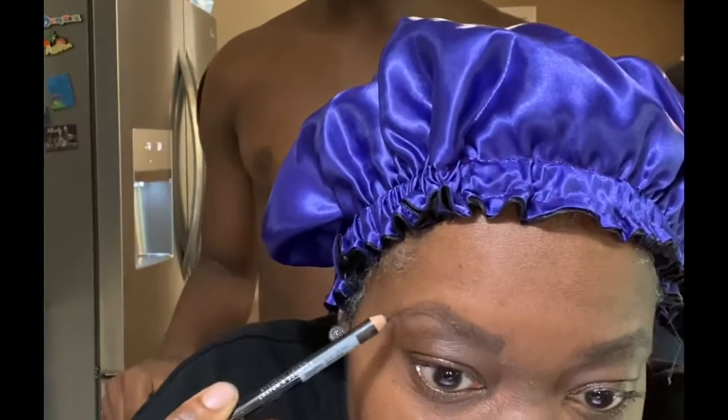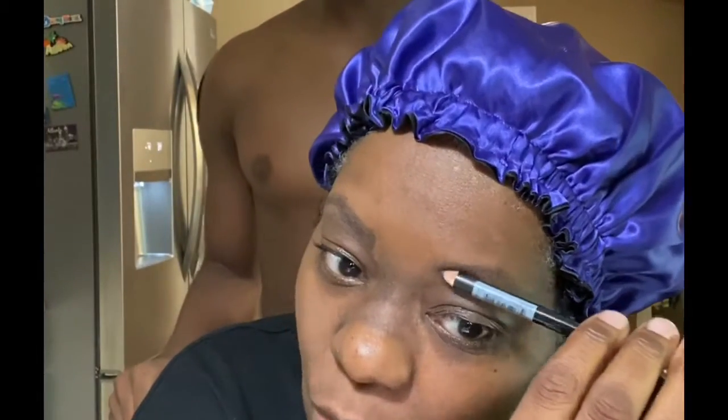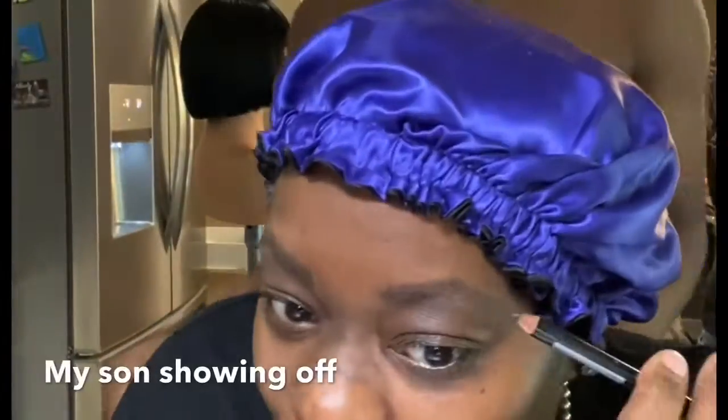So I'm filling in my eyebrows. That's what I do. Because that's what I like. And that's my business. So I'm making sure it looks okay before I start